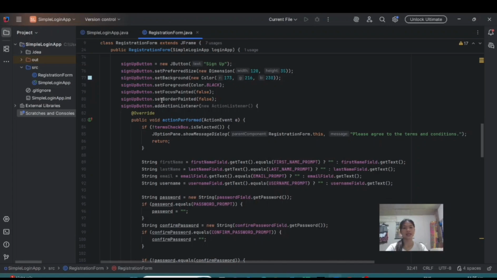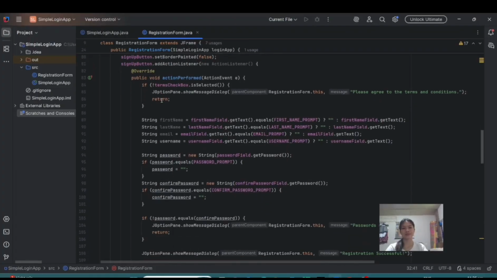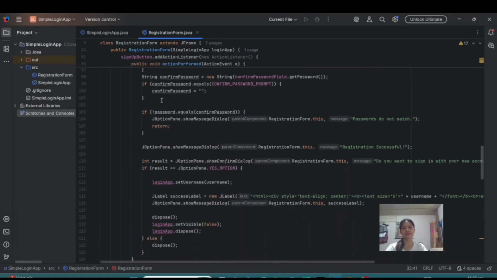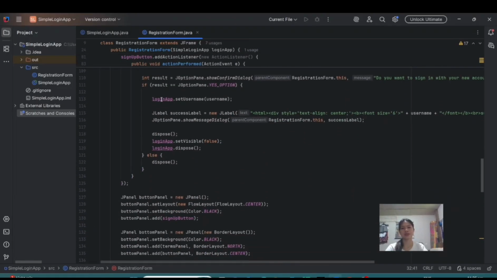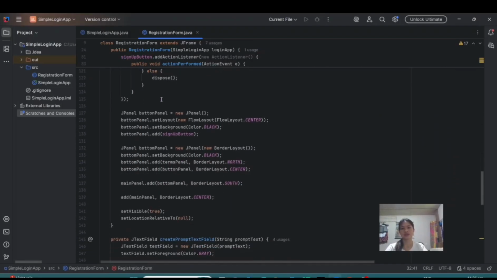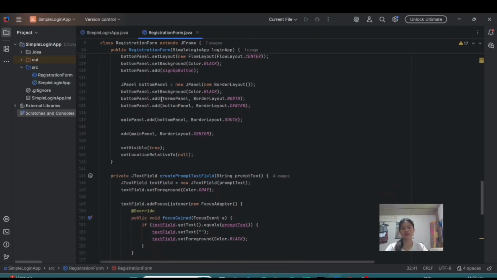If yes, it sets the user in the main login app so the login application knows who to log in, shows a login success message, and closes the registration form.